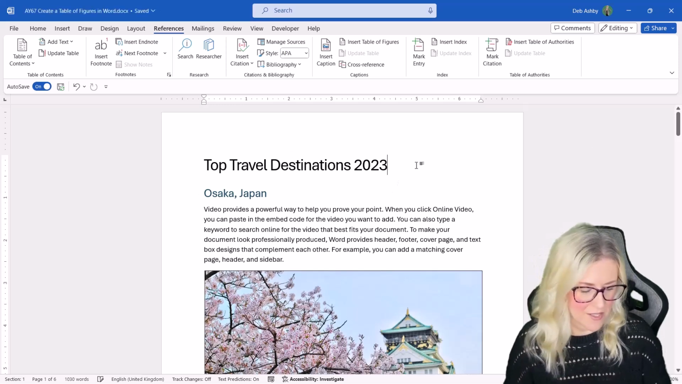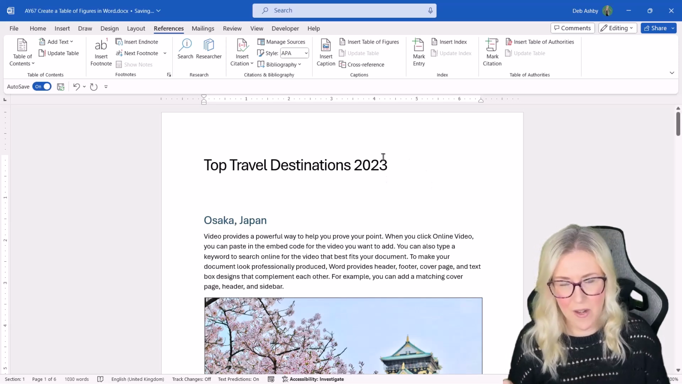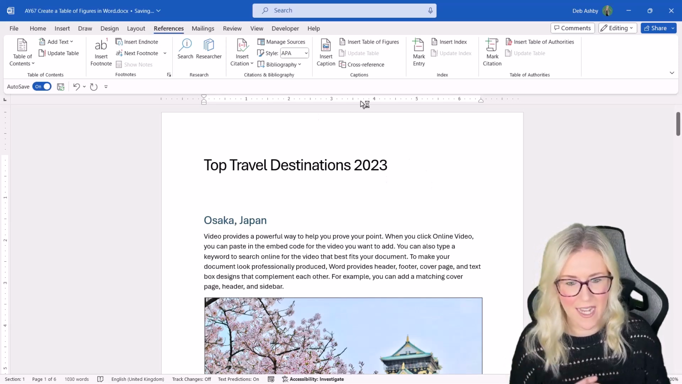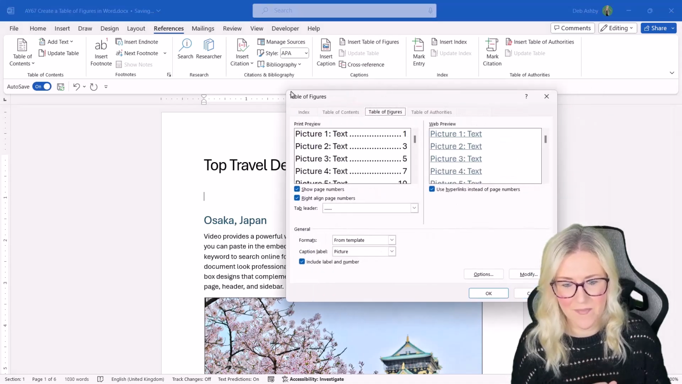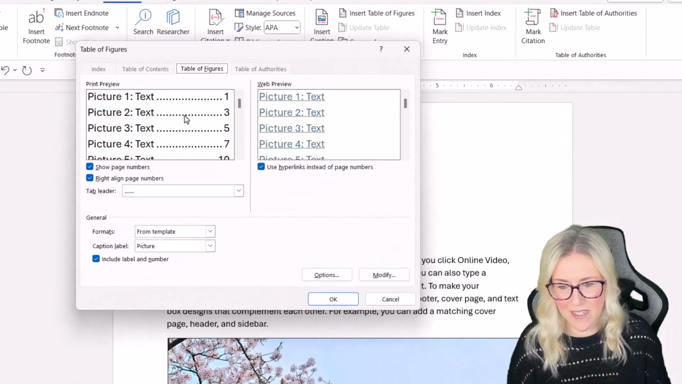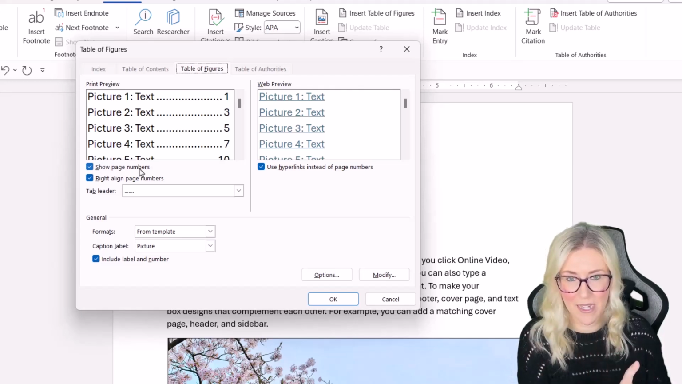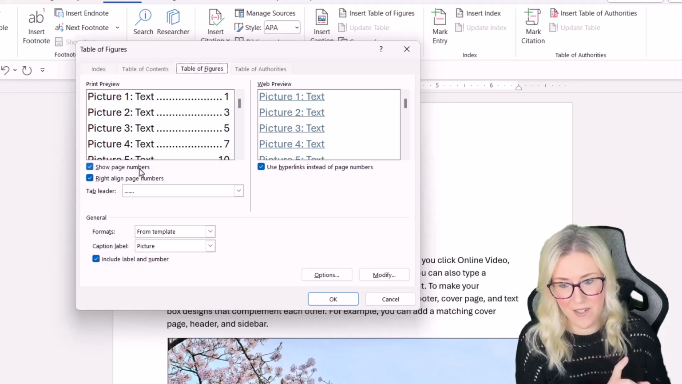So now I have those, I'm going to go to the top of the document. I'm going to give myself some space. And what I can do is, staying on the References tab, back in the Captions group, Insert Table of Figures. So now I can define how I want my table of figures to look. So currently I'm choosing to show the page numbers. So in my table of figures, it's going to show the page number that figure is located on,